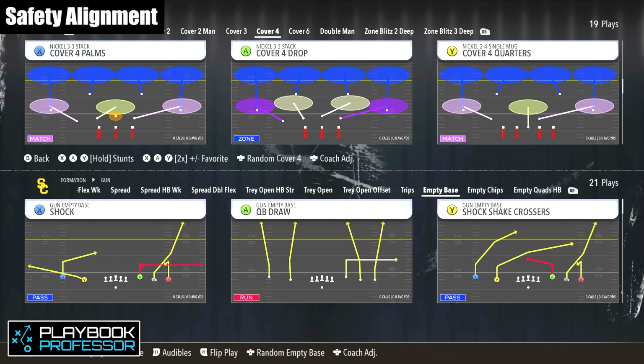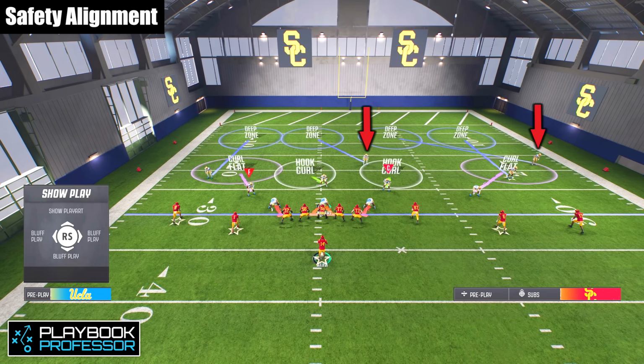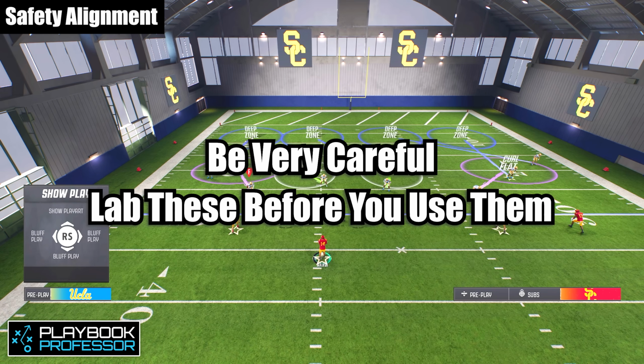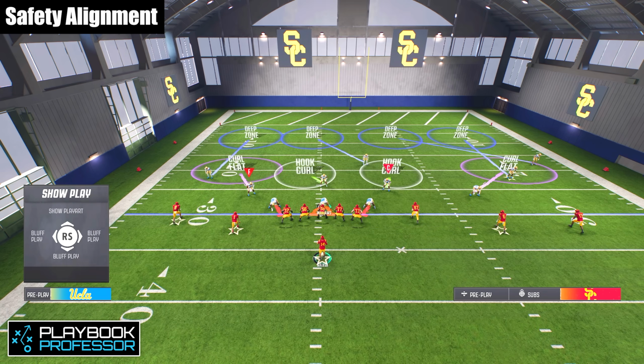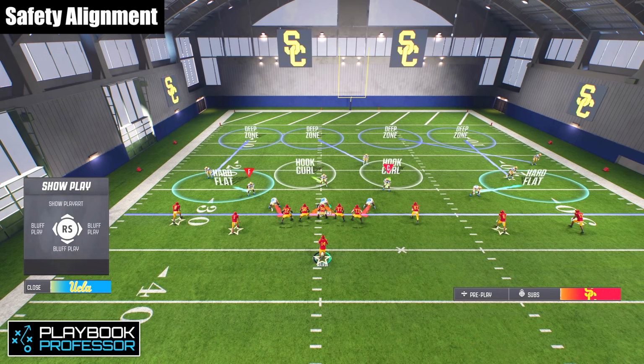We'll call cover 4 drop. And you can see that when we come out, we have shifted our safeties significantly to the right. Again, maybe a little bit too much to the right. And so these are adjustments that you have to be a little bit careful of. And if you haven't tested them in advance, you may get unexpected results because he's definitely playing to the right. That right side safety is definitely on the right, but it's kind of not that useful having him